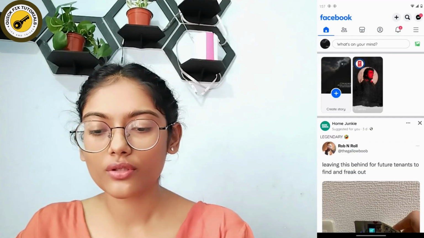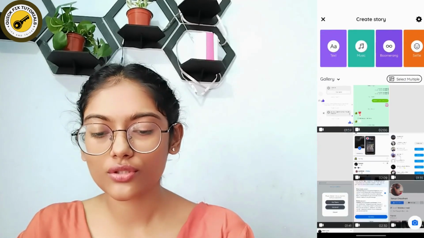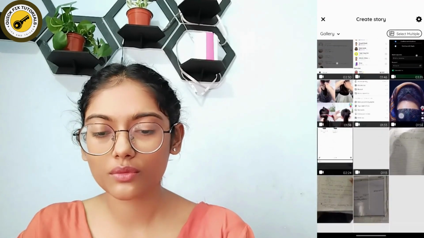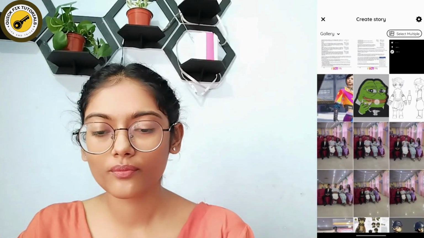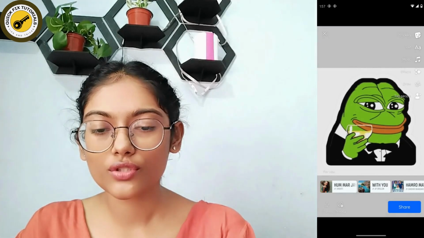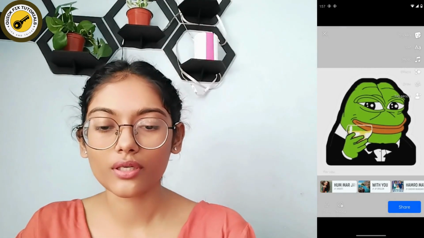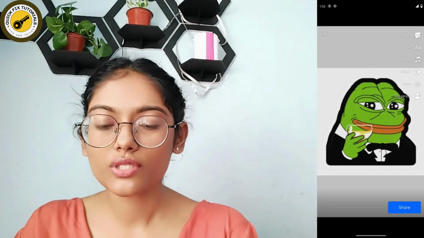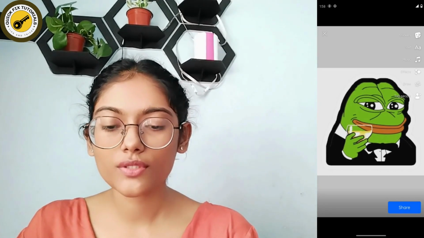and then tap on create story, and you can simply choose a photo or image that you would like to add to your story. And after choosing, now you can go to music, which is on the upper right. If you go to music, then you will have a bunch of music options, and then you can add